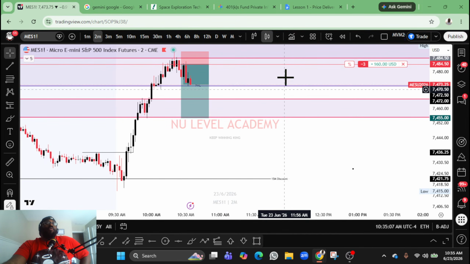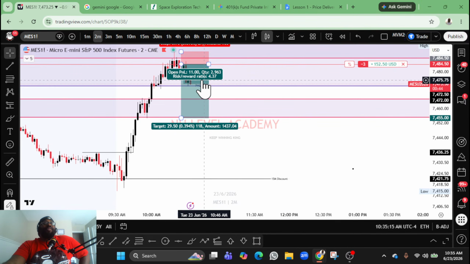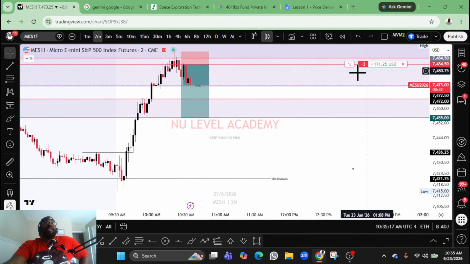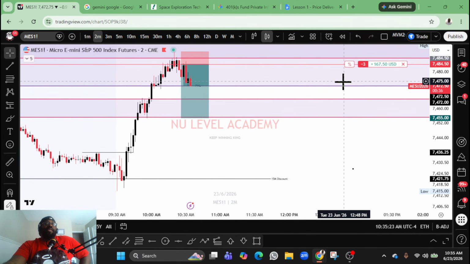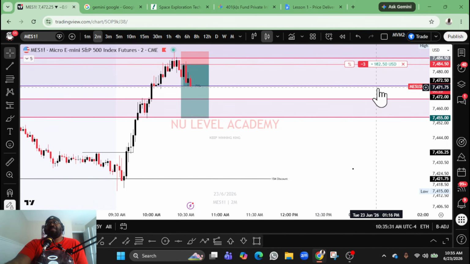So, does anybody know why I moved my stop from where I had it, right? I literally had my stop at 50% of this initial bullish candle, right? I was like, hold on, let me give the trade some room to breathe, because it needs room to breathe. And we haven't taken our first initial TP yet. So, once we take our first initial TP, then we can go to break even.